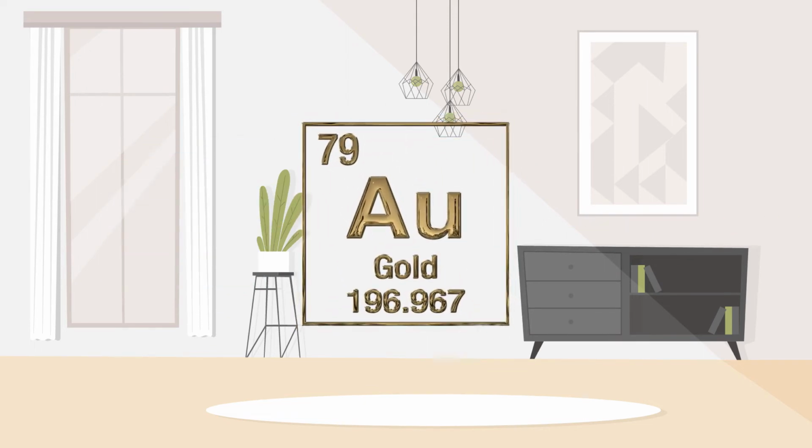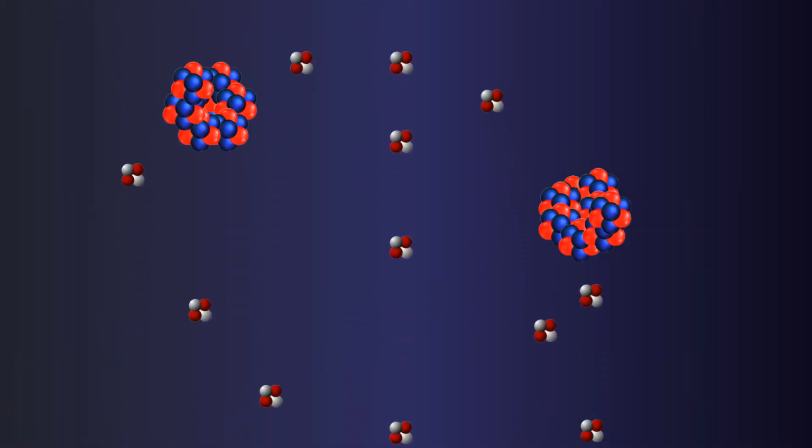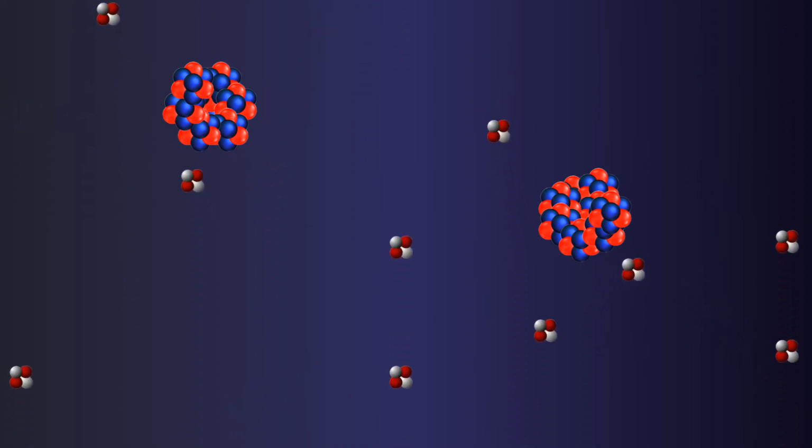Gold foil was used as it is extremely malleable. Rutherford had to ensure that the foil was extremely thin, around 100 atoms, otherwise the alpha particles would have been absorbed. This animation shows the path of the alpha particles as they reach the gold nuclei.